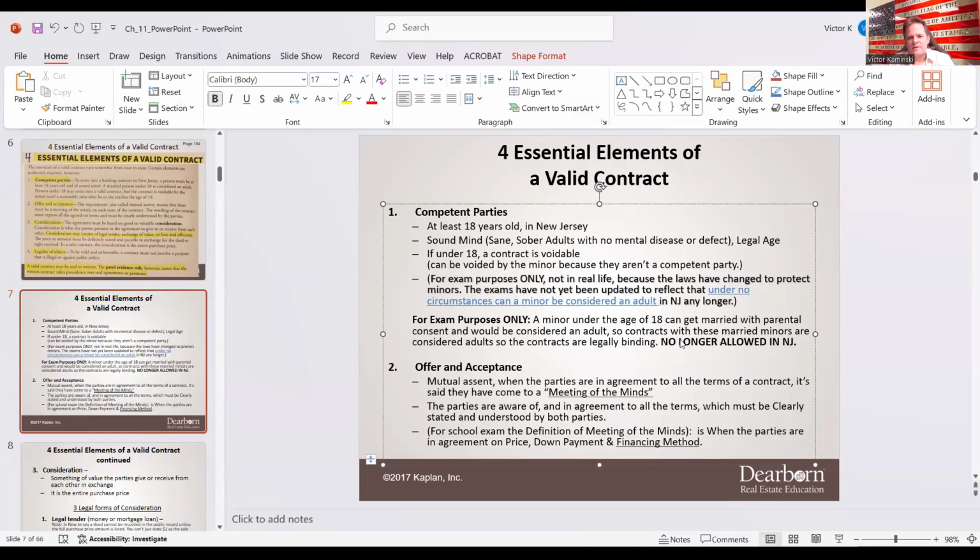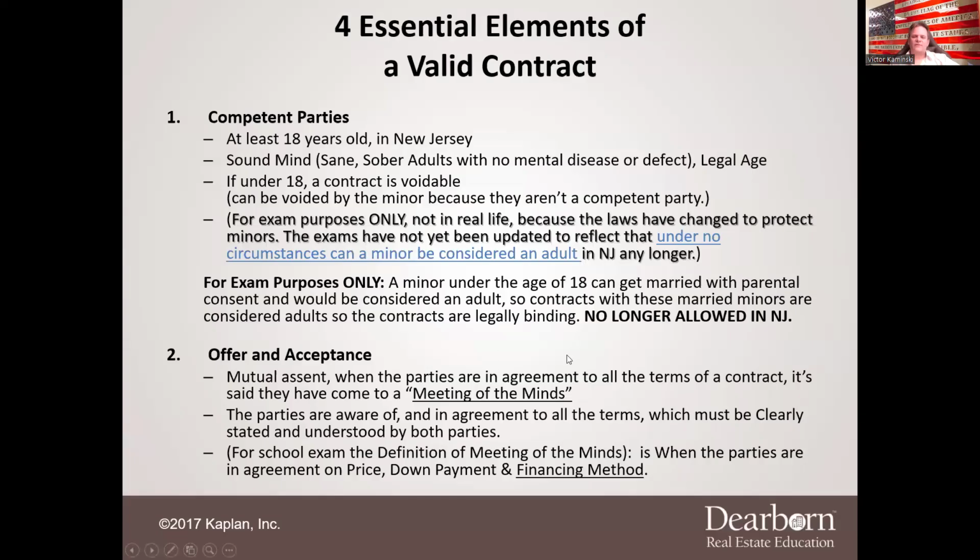Okay. So in real life, this is no longer allowed. Previously, you were able to get married under the age of 18 with parental consent. I think you could get married as young as 16. I'm not sure the exact age, but that's no longer the case. We had a lot of these children rights advocacy groups that were able to pass laws that removed that exception,